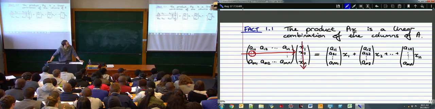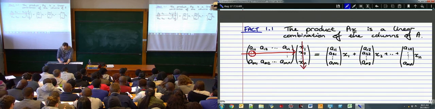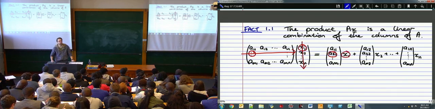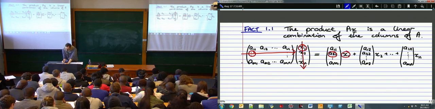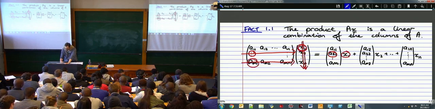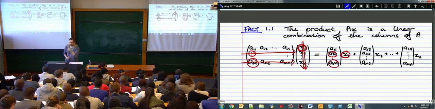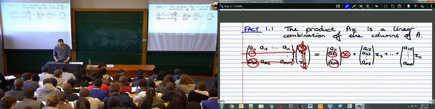You'll have that entry over there, which would be A21 multiplied by x1. And you'd keep going down all the way till you reach the bottom here. And this times by this, you'd have AM1 times by x1. So this is just another way of writing out